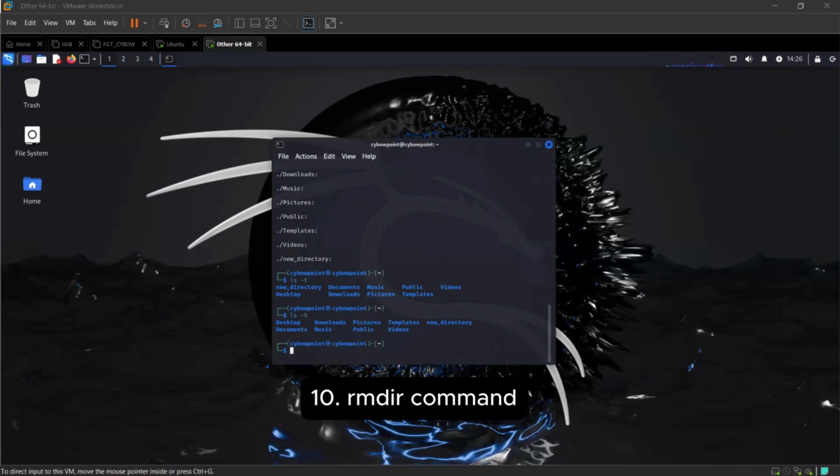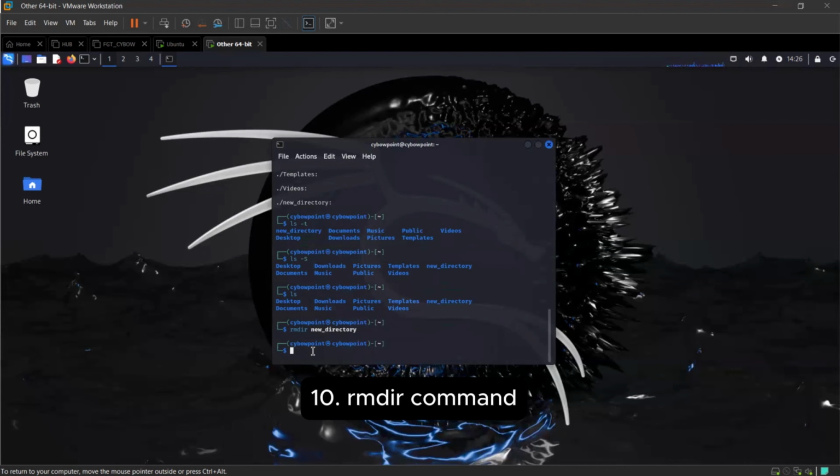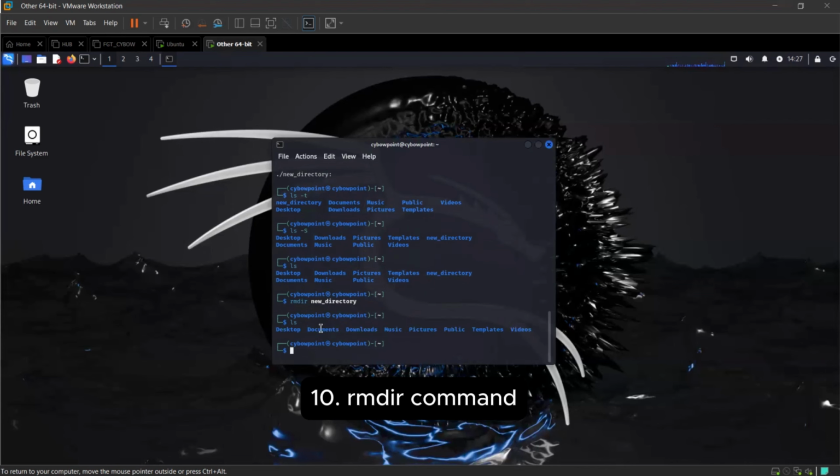Moving on to the next command, the remove directory command to remove a directory. Let's remove the new directory that we created with the remove directory command, which is rm -r new directory. With this, we can remove this directory, and using ls we can see the list. In the list of the directories, we've been able to remove the new directory